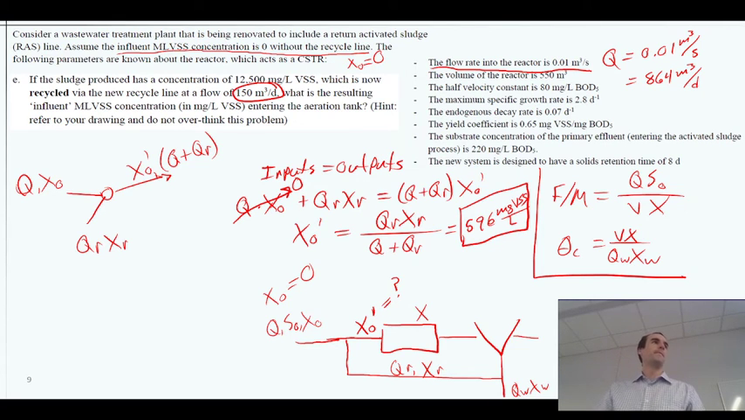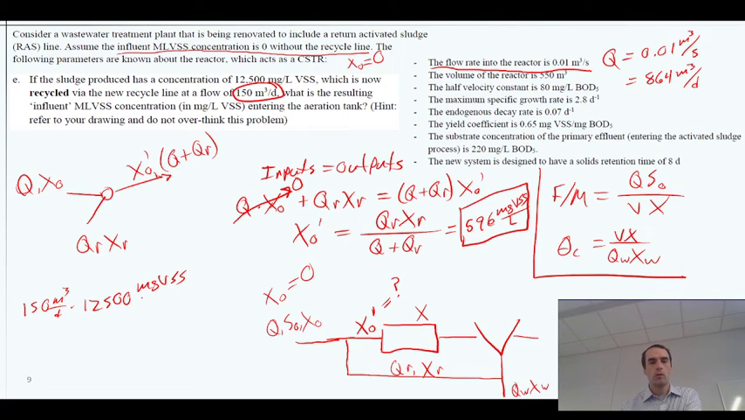Yeah. Is that what you got? Yeah. So it should be, let's see. So QR times,